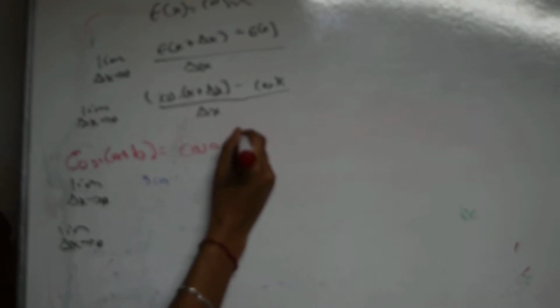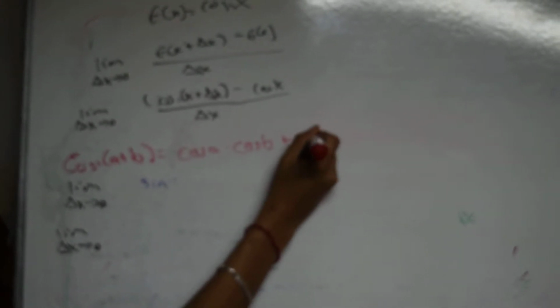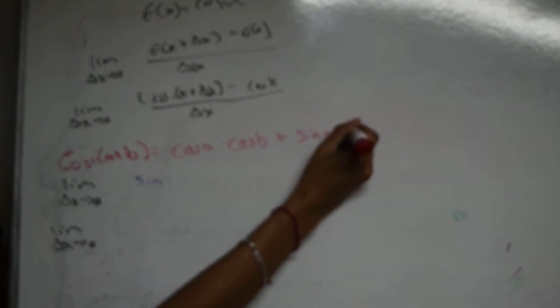The only thing that we are going to do is change the law of Newton of the cosine, that is equal to the cosine of A by the cosine of B plus the sine of A multiplied by the sine of B. So we have the cosine of A multiplied by the cosine of B plus,